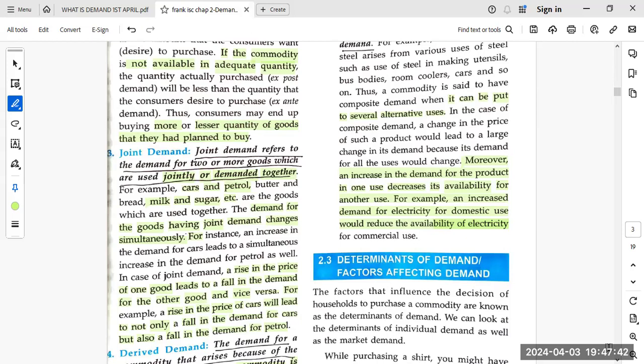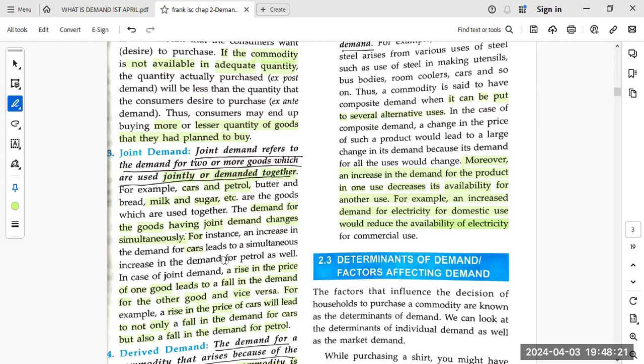If price rises, what happens to the quantity? So for example, an increase in the demand for cars leads to a simultaneous increase in the demand of petrol. So imagine in India, if in total there are 1 crore cars, just an example, 1 crore cars in 2023. And the demand is forecasted to just double in 2024. So from 1 crore, the demand is going to move to 2 crore cars.